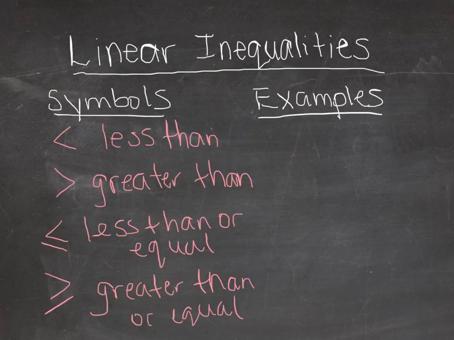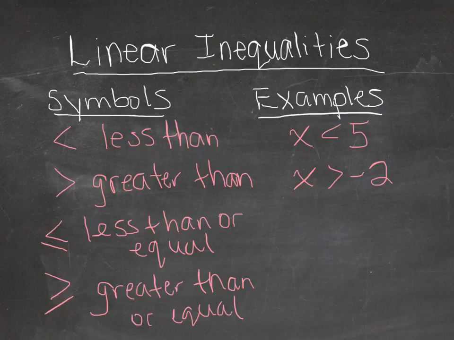Okay, so for example, if I had something like x is less than 5, if I put in any number less than 5, it would satisfy that inequality. So x could be 1, x could be 0, x could be negative 1,000, x could be 1.28. Anything in there would satisfy that inequality. As you can see, there's an infinite number of solutions when you have an inequality. For the other one, if x is greater than negative 2, anything greater than negative 2 would be an answer, so 0, negative 1,